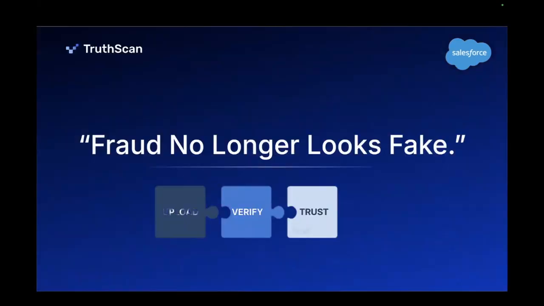That's very, very important because here's the thing, and think about this: fraud no longer looks fake, right? Fraud no longer looks fake. So we want to make sure that we're doing a continuous upload. We're going to make sure that we verify everything and it is scanned and marked as trustworthy.